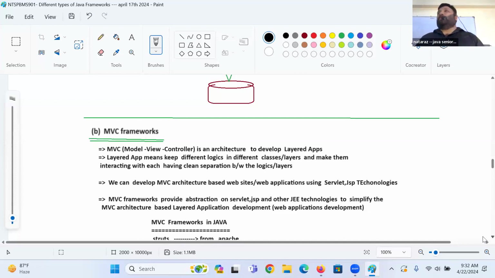Now I want to ask one question. In Spring and Spring Boot framework, how am I going to deal with ORM frameworks? Am I directly going to work with ORM frameworks? In Spring, we have modules providing abstraction on the ORM framework called Hibernate. Hibernate is a very popular ORM framework. But are you going to work with Hibernate directly? What are the modules we are going to use? Spring ORM, Spring Data JPA. Among these two, which is popular? Spring Data JPA. Which one are we going to learn? Spring Data JPA.